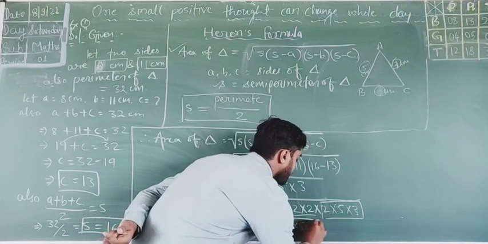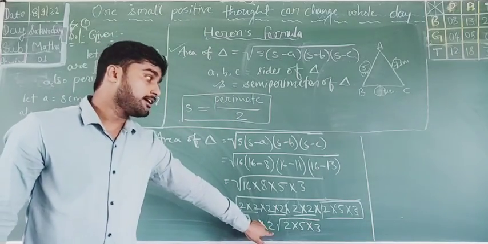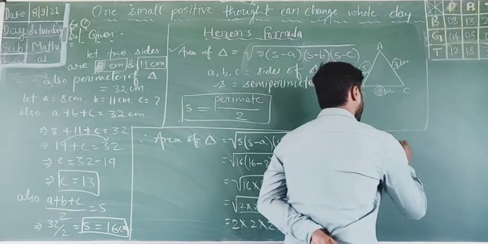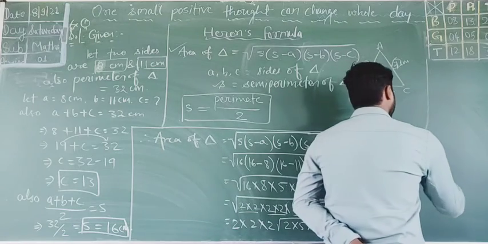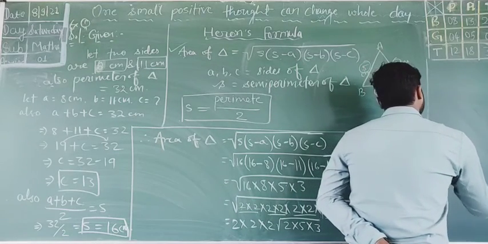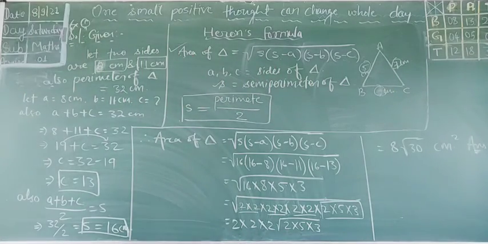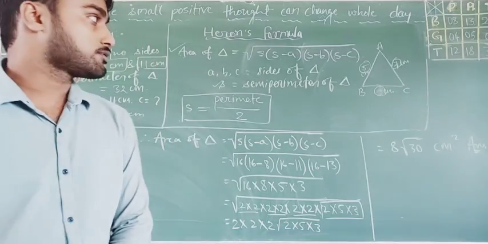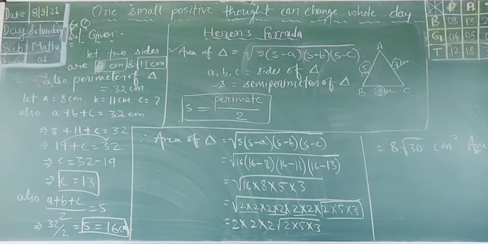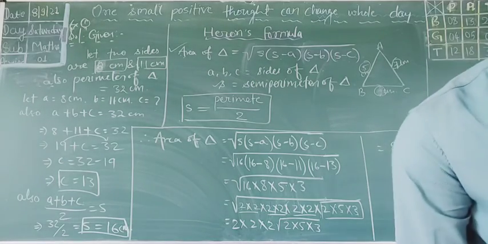Or you can write it in expanded form now. There is 2 2s are 4, 2 4s are 8, equal to 8. And there is 2 into 5, 10, 10 3s are 30. So in root you have to write 30 and centimeter square, which is your answer. Why have I written centimeter square? Because in area you have to use the square term, no? And the area of the triangle is 8 under root 30 square, sorry, centimeter square. So similarly you can solve question number 3rd and 4th of exercise 12.1.